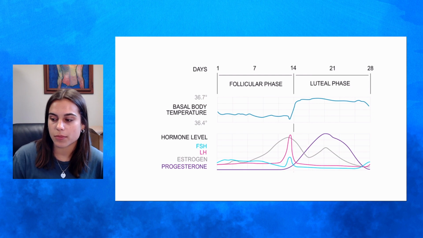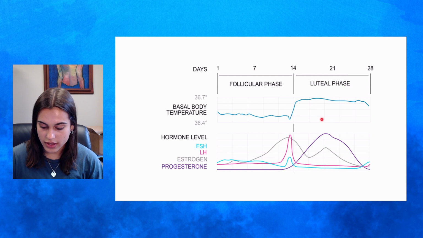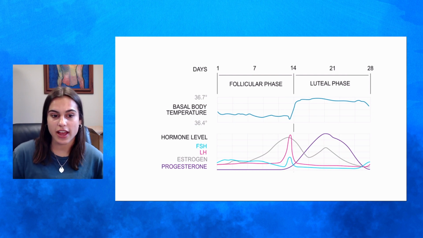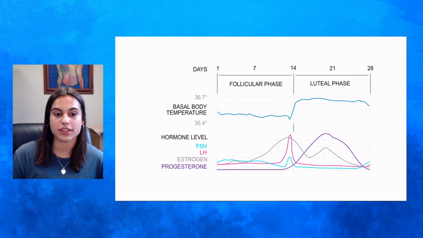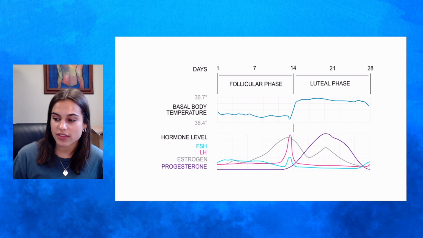And then the corpus luteum starts to produce progesterone. So that's when the purple here starts to rise. And then the next phase is menstruation. So if fertilization has occurred, then the corpus luteum will continue to produce more progesterone, and then this prevents the